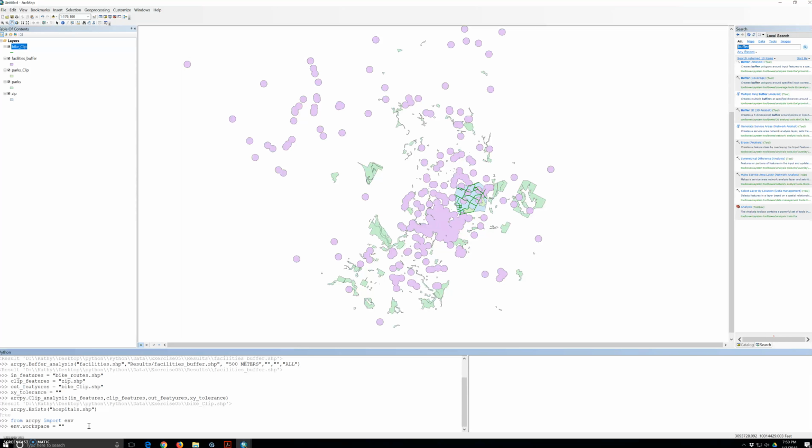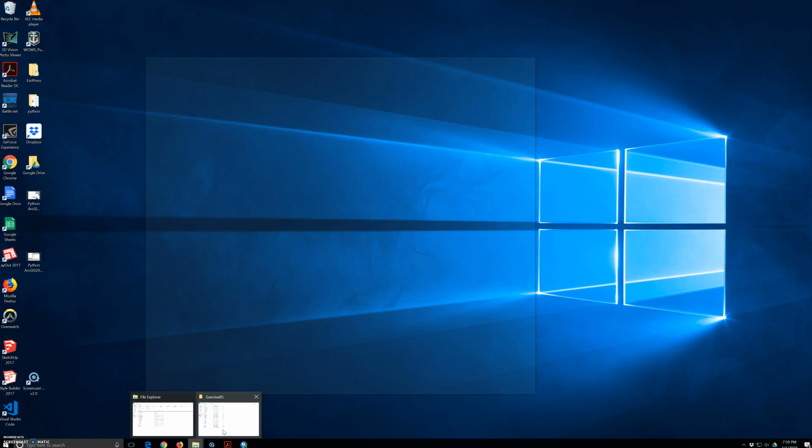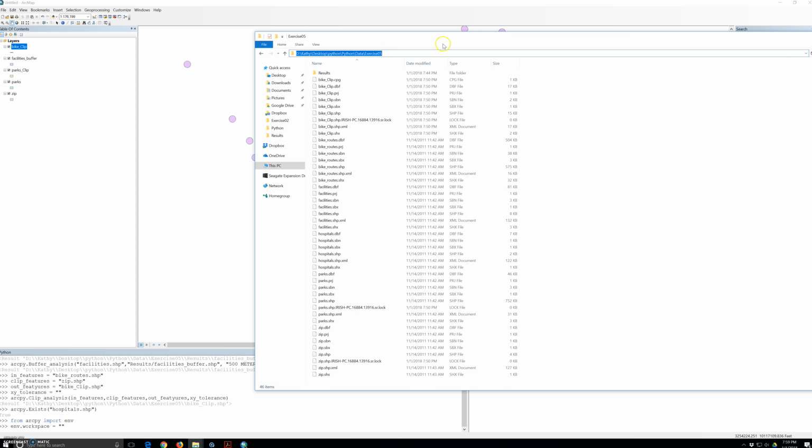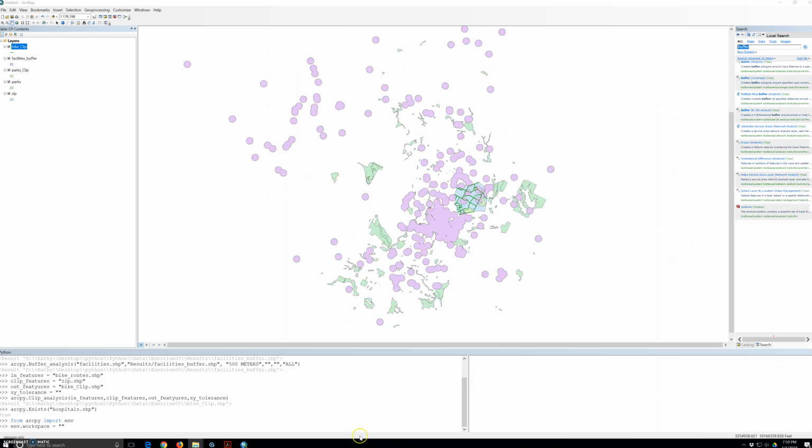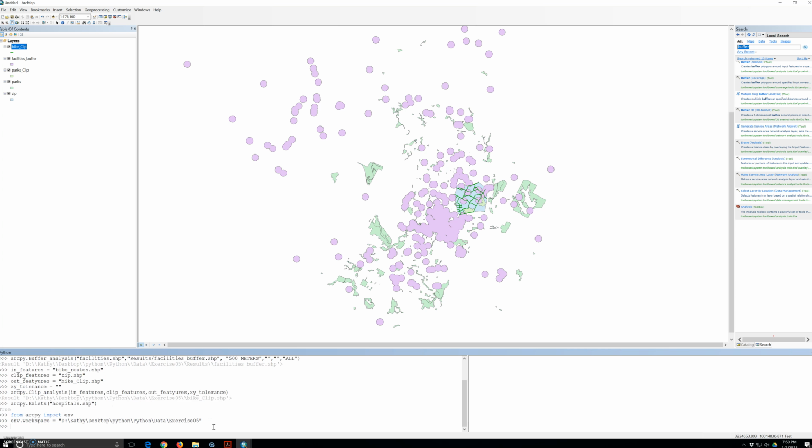I need to bring it back. Control C and then Control V. There. And then I'm going to run it. So, unlike with ArcMap,